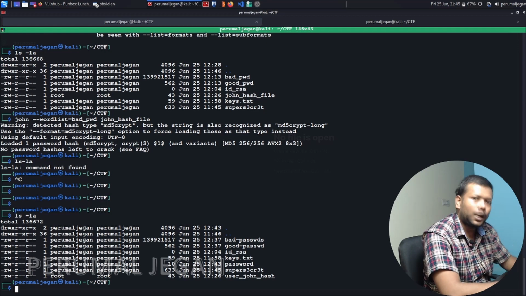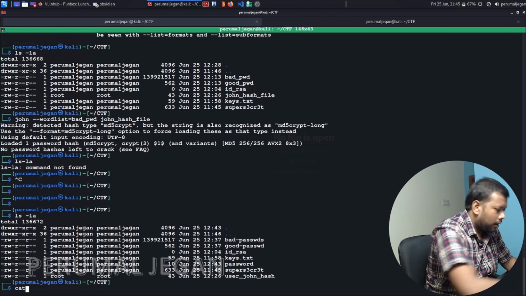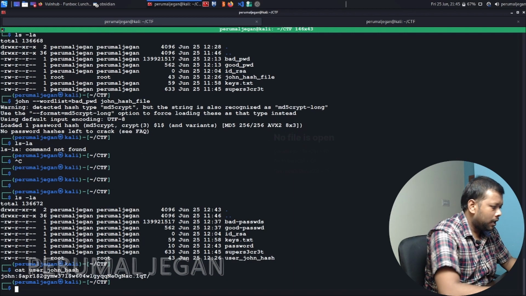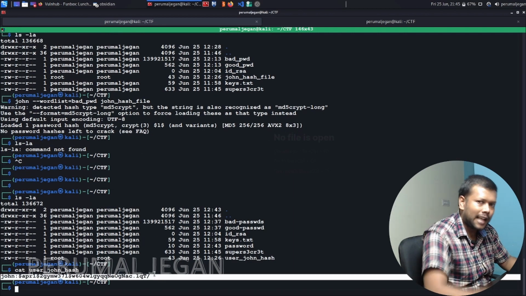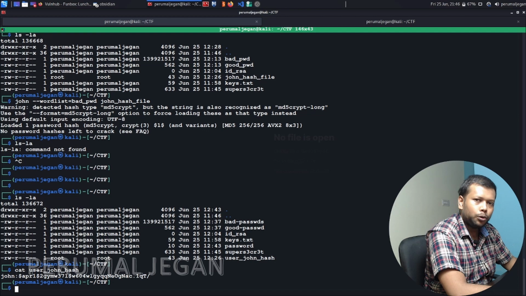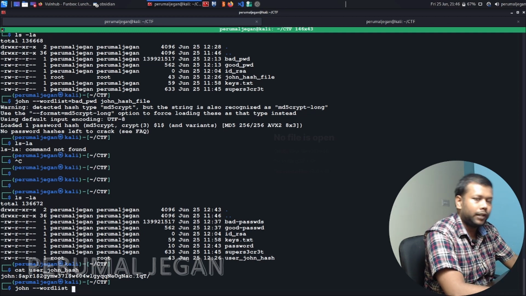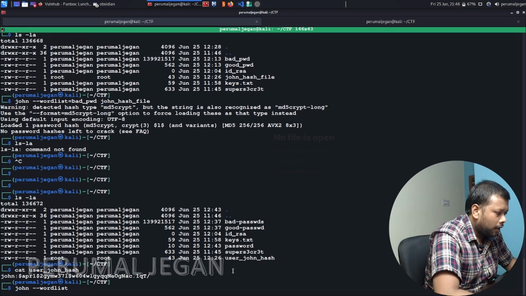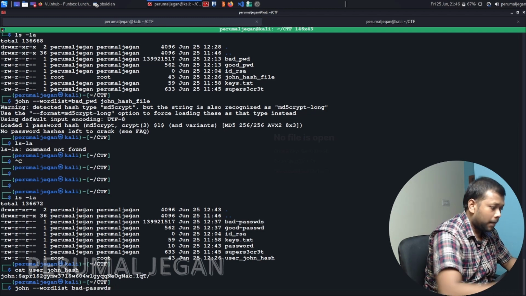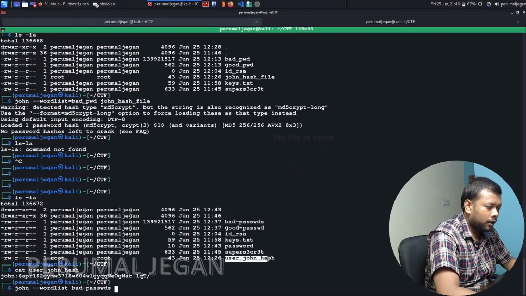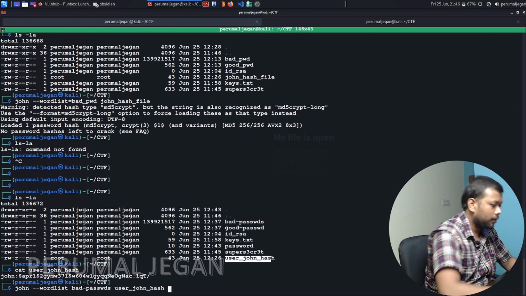Now we need to crack that hash, and I stored the hash value here in this file. We can use any hash cracker like John the Ripper or Hashcat to crack our hashes. When you use John the Ripper, the command is so simple: hyphen hyphen wordlist, then the particular password file that you need to compare. I'm comparing two files, good passwords and bad passwords. You have to mention the file name here, bad passwords, and after that the name of the hash file.